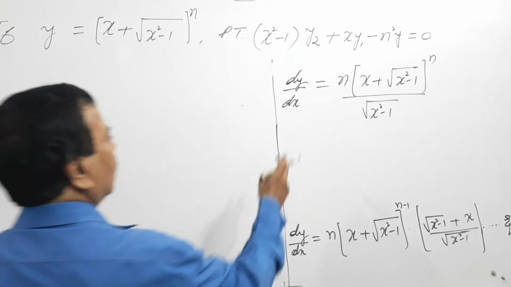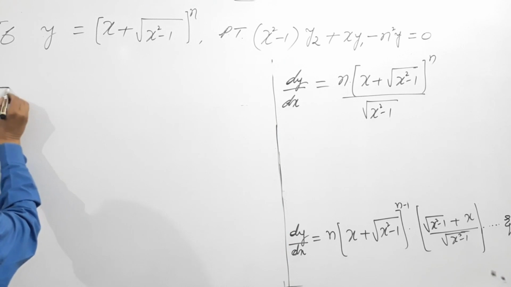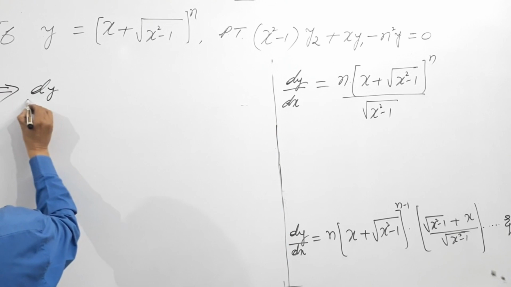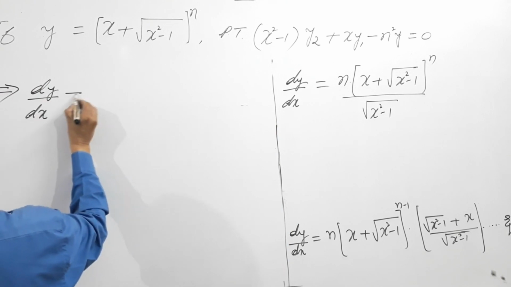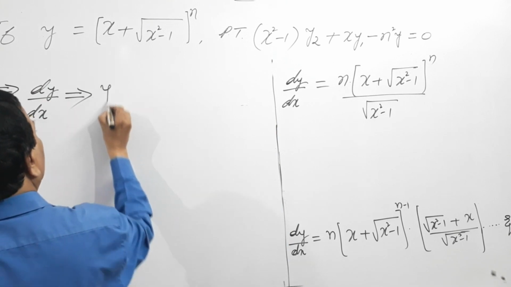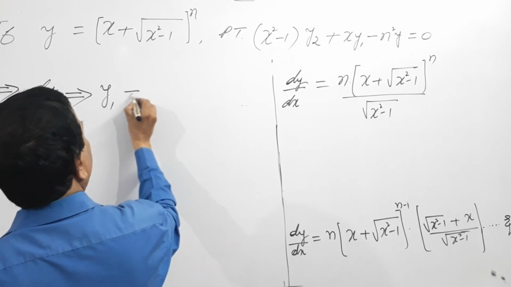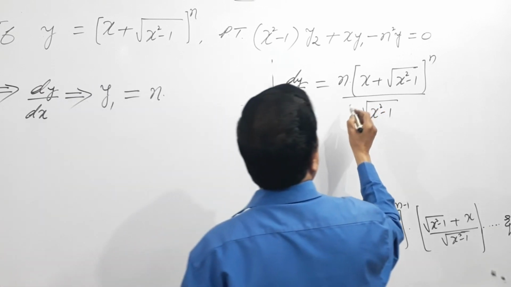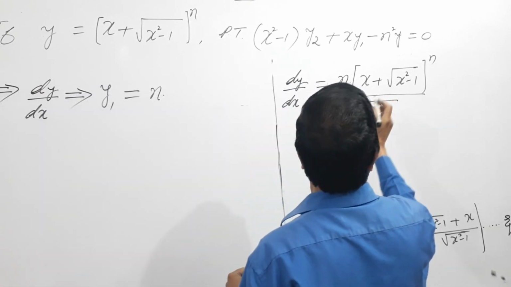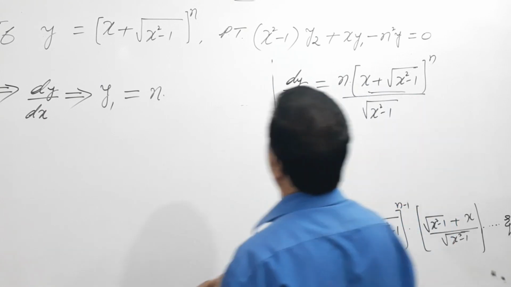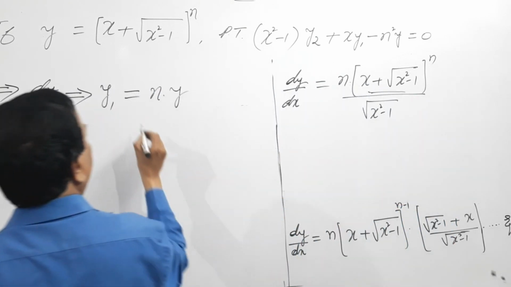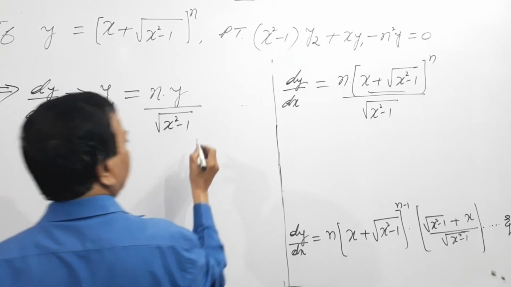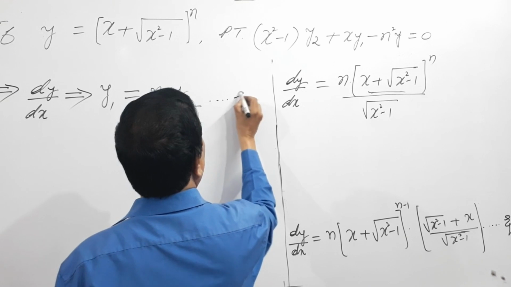So can I write like this? dy by dx is nothing but y1, which is n into, what is this? Can I write this as y divided by under the root x square minus 1? I call this equation 2,